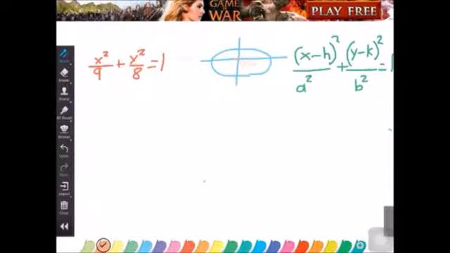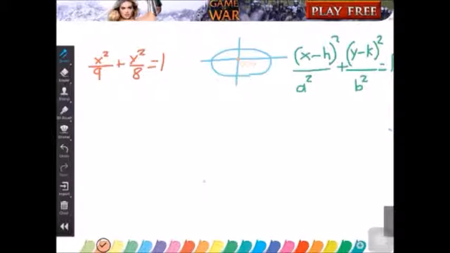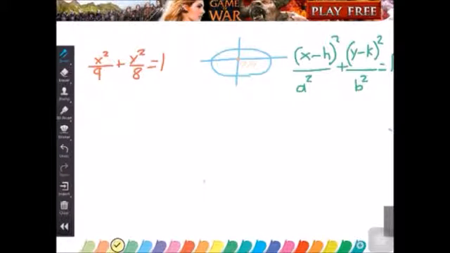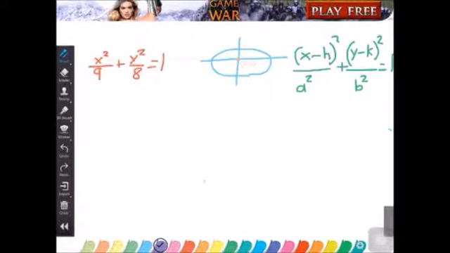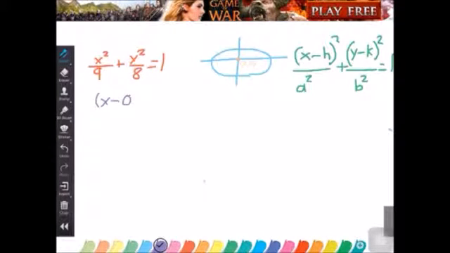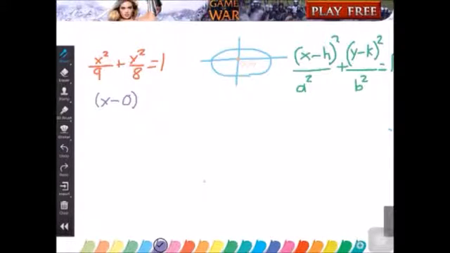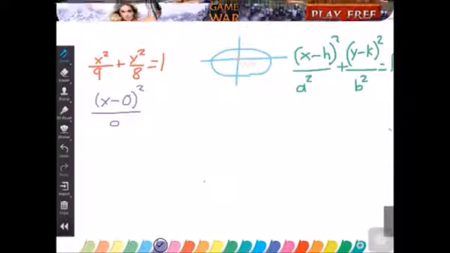Now that we've determined our center, we can write out the equation into a form that will be a lot easier for us to figure out the numbers that we need. So we're going to plug in our values that we know. I should do a different color than yellow. Sorry about that. Let's try purple. Purple's a nice color. So we know x minus 0, because h is going to be the x value of the center. Since it's at 0, we write 0. So x minus 0 squared over 9